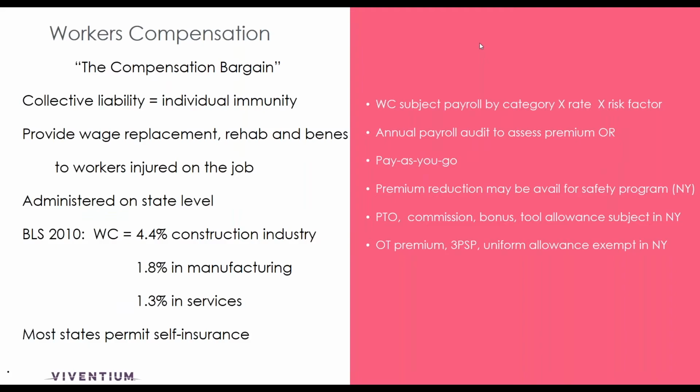Okay. Let's talk about another biggie for skilled labor, which is workers' compensation. Again, all industries have workers' compensation. It's just because of the tenuous nature, the somewhat dangerous nature of work done usually by skilled laborers, that workers' compensation becomes a bigger piece of the HCM expense, of the payroll and HR expense. Workers' compensation has sometimes been called the compensation bargain because in the olden days, before there was workers' compensation insurance,